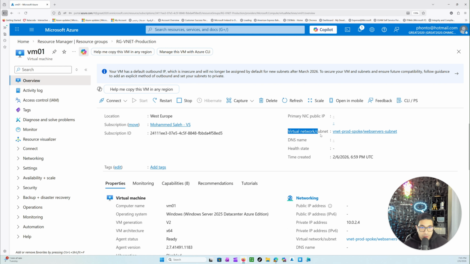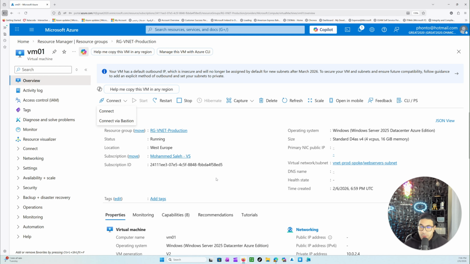/ subnet. And you can see here, because we didn't specify a public IP address, that's optional, there is a private IP address 10.0.2.4, so it was taken from that subnet. So we can connect to this VM, but I didn't specify a public IP. I don't want to go for that for now, but I would like to highlight from the networking